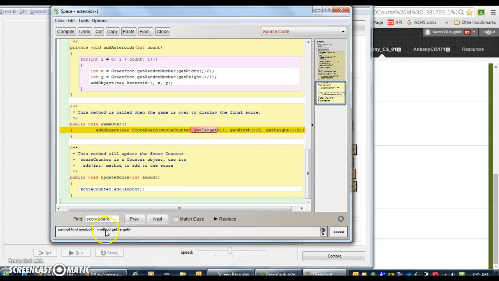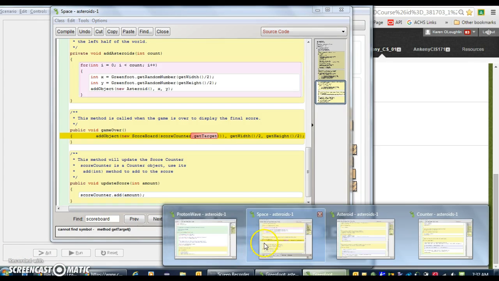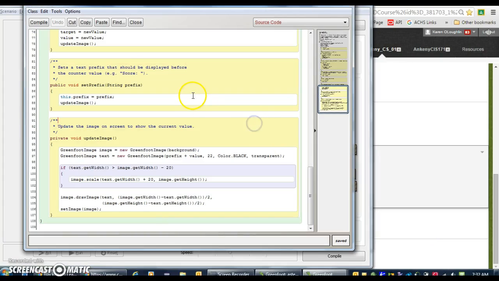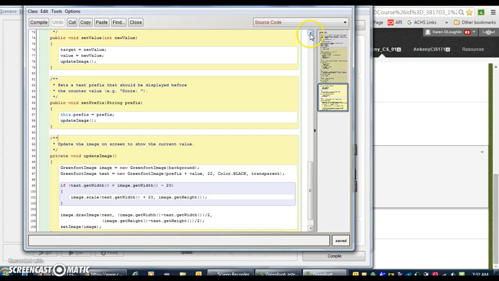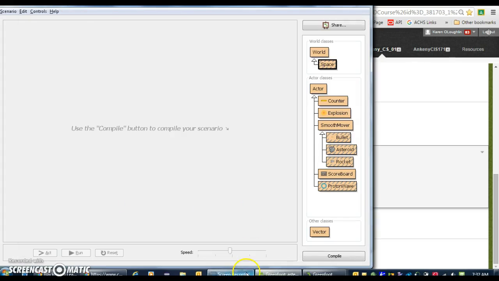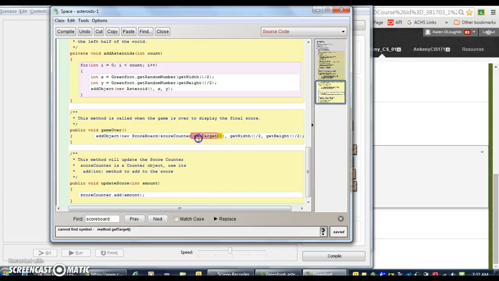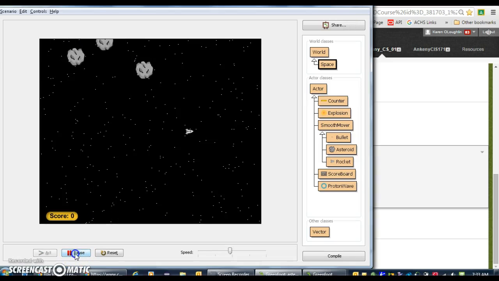except I've got something spelled wrong, possibly, or too many parens. So if I take a look at score counter, the score counter class is here, and if I go back and look for the method that I need to capture the score, it's get value. And sometimes it's well worth your time to just copy that particular method name and bring it back to the other class that you were working in. I think we were in the space class, and instead of get target, I need to get value. Then it should compile and run,